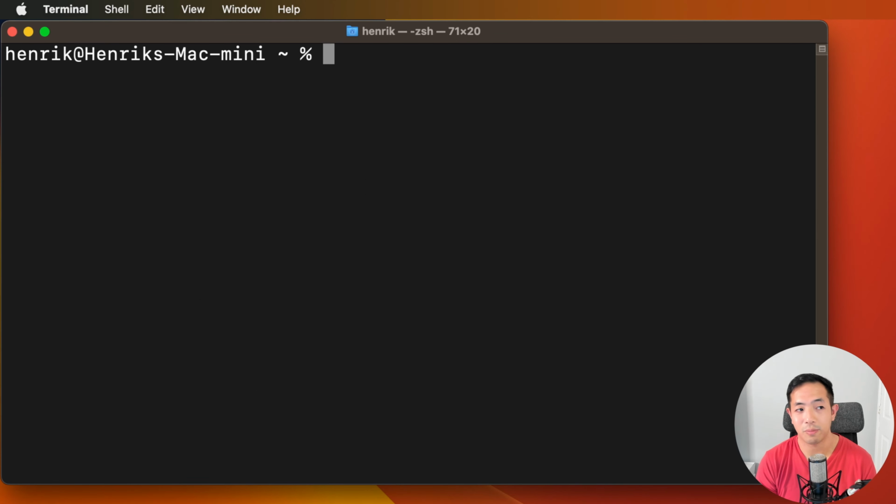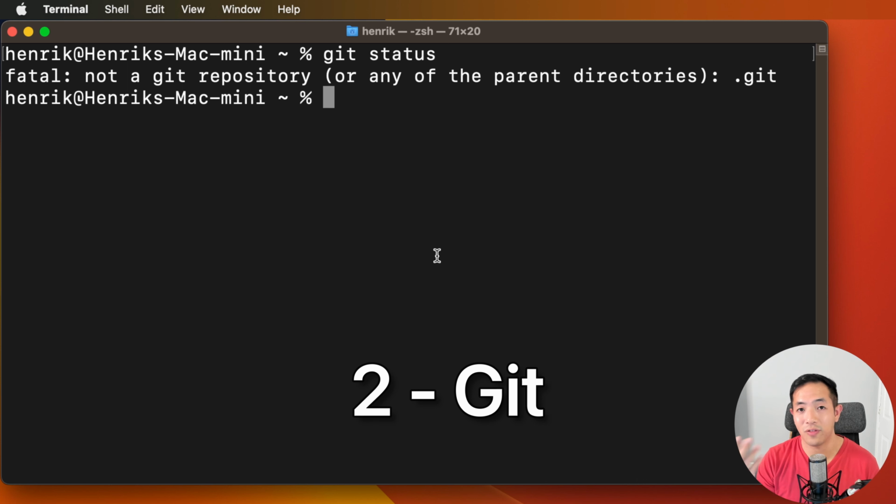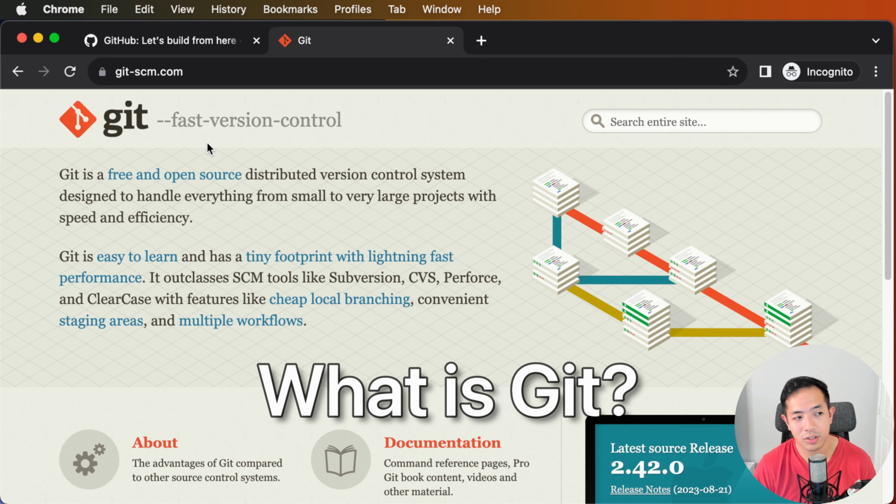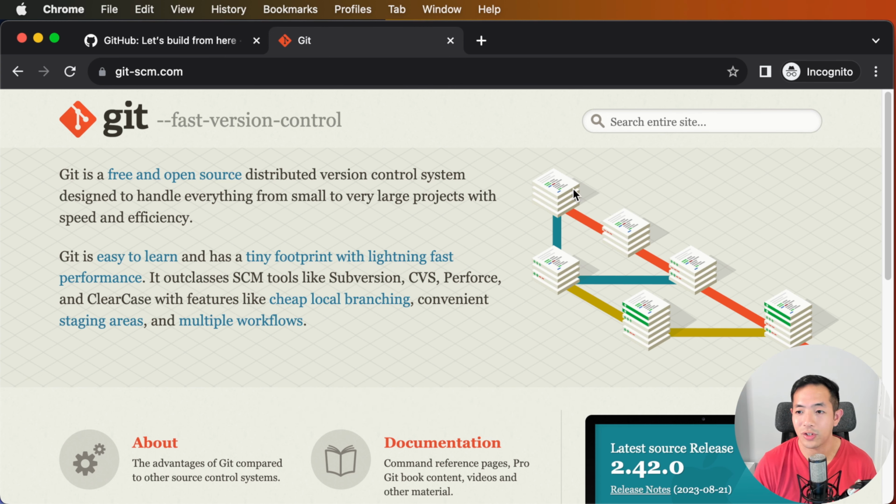Lastly, I would often use Terminal for Git commands. That's the second tool that I think every developer should know, and every developer would probably agree with me. Git is really useful when it comes to writing code. So what is Git? Git is just a version control system that keeps track of your different versions of your code. For example, if you have a really good version of your code, you can commit that version to your version control, and then you can make some changes, and if you like those changes, then you commit that version